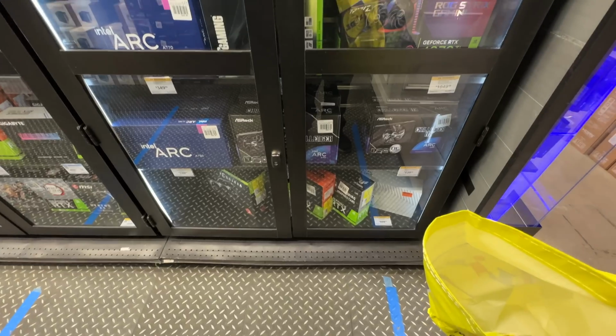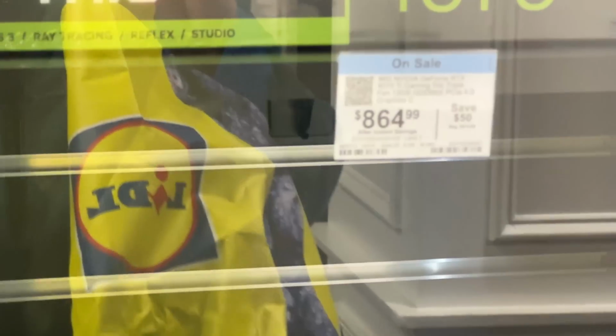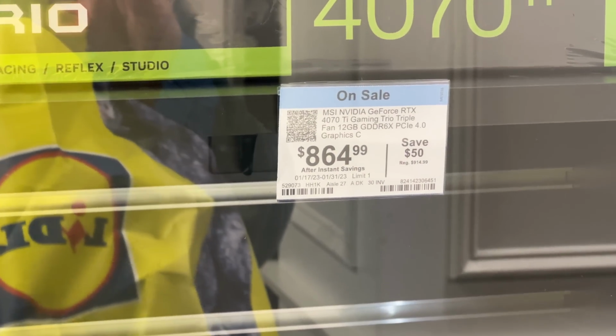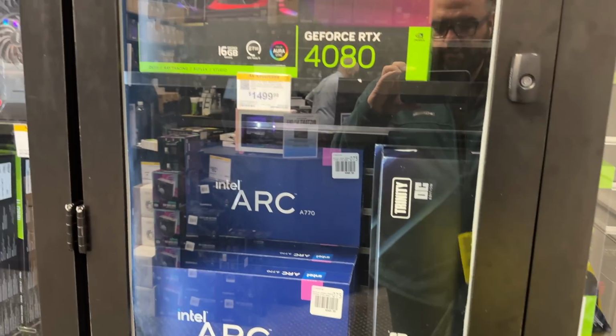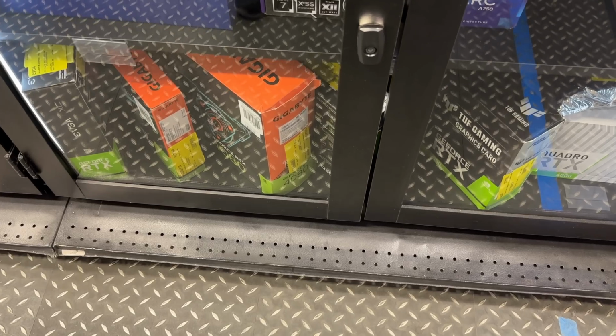Are GPU prices really going down? I mean, it's been months now since we've had any big GPU news. It seems like we're in really stagnant waters. But at the same time, people just haven't been buying GPUs. The prices went up way too much, demand went down, and we have new GPUs on the lower end, like